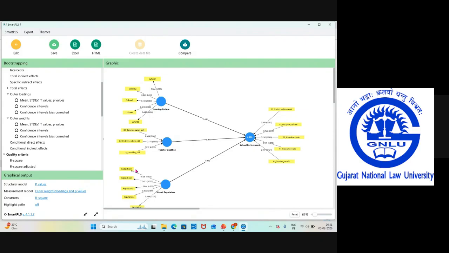Now coming to the reflective constructs, we can see that all the factor loadings are greater than 0.70, except one from learning culture and one from school reputation. They're not significant. So we are supposed to delete them. Please note that down. Second part, when it comes to the formative construct,